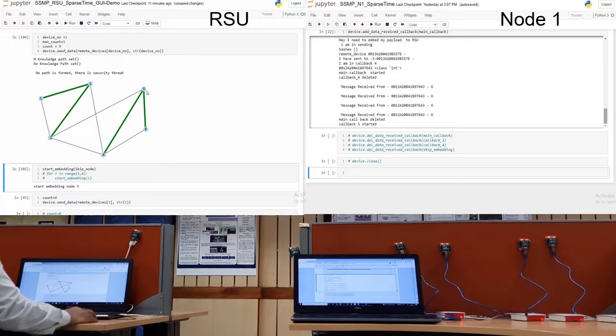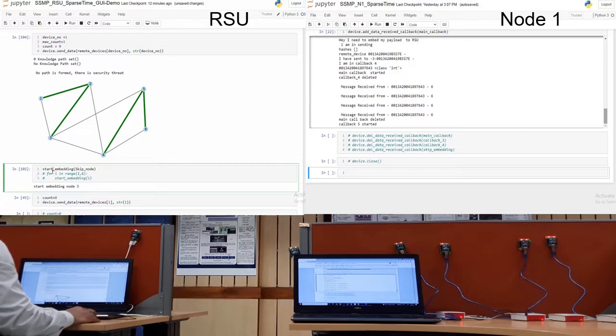Node 5 increased the hop count and did the double edge embedding of edge 4 5 and 5 6 and forwarded it to node 6. So we see that there is no path formed, but the edges recovered are 1 2 3 4 5 6, and there is a missing edge, that is edge 3 4. So it has given us the alert that there is a security threat.